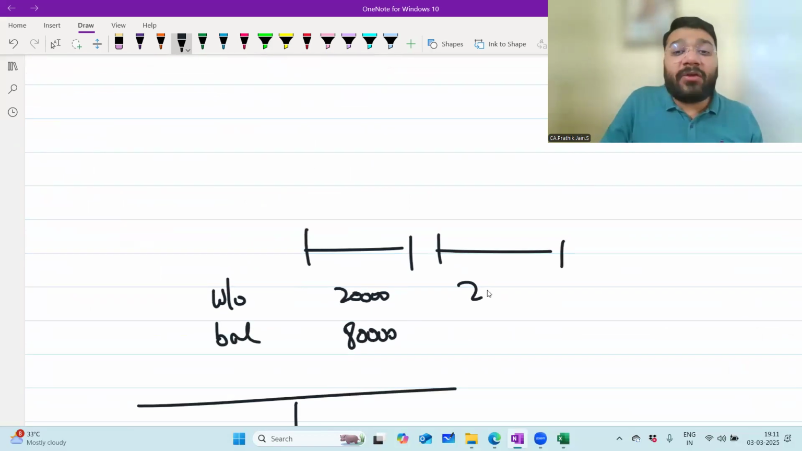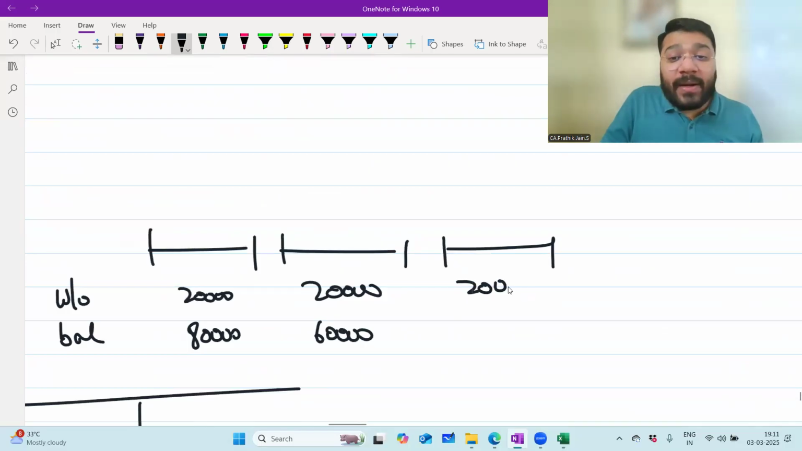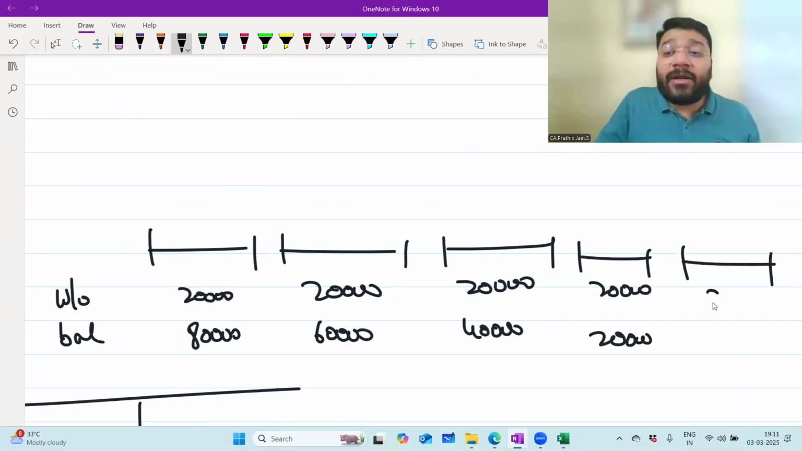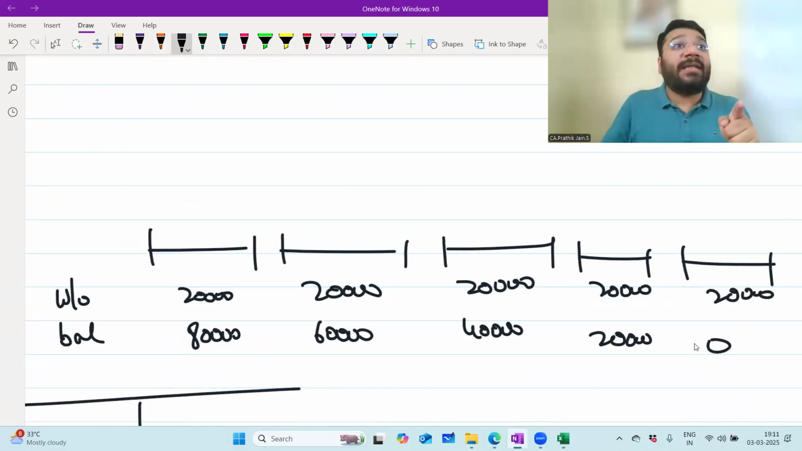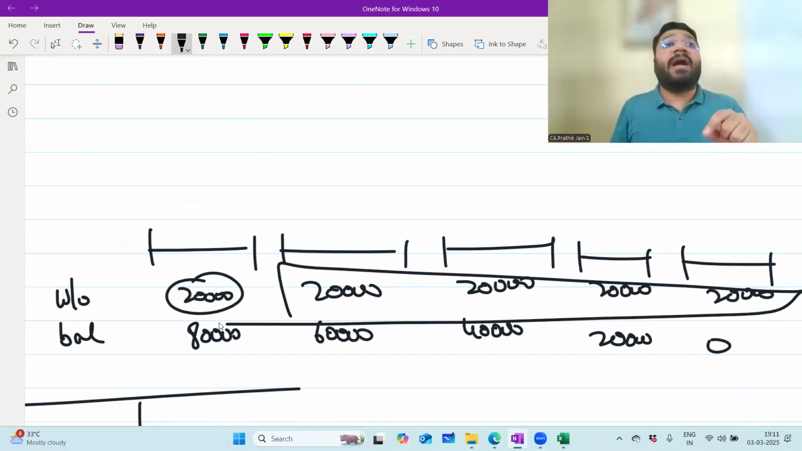In the second year, you will write off another 20,000. So what will be the balance now? 60,000. Third year, you will write off again 20,000. What is the balance going to be? 40,000. Fourth year, again write off 20,000. What is the balance going to be? 20,000. Fifth year, you'll write off the next 20,000. The balance is 0. So this 20,000 of the current year, and the future 80,000 is nothing but going to reduce